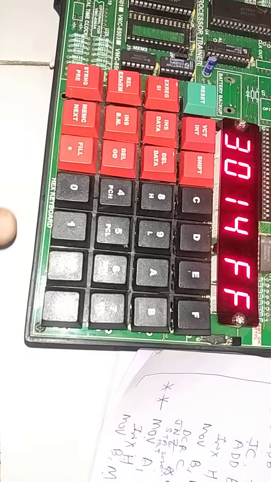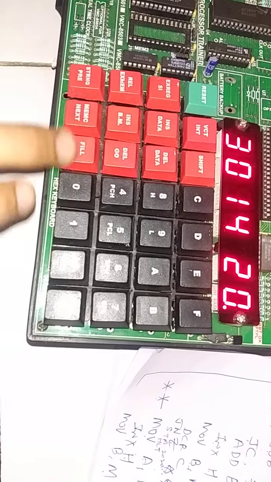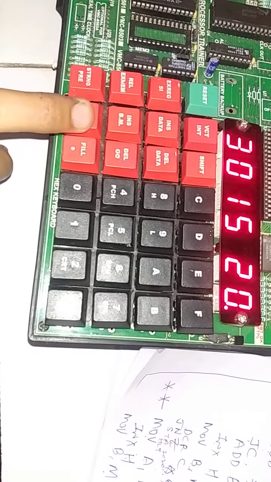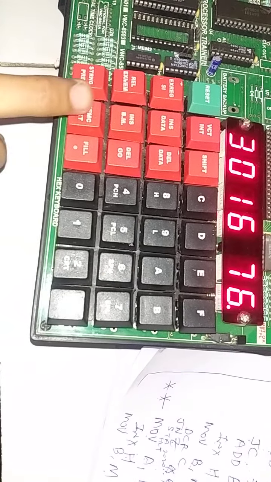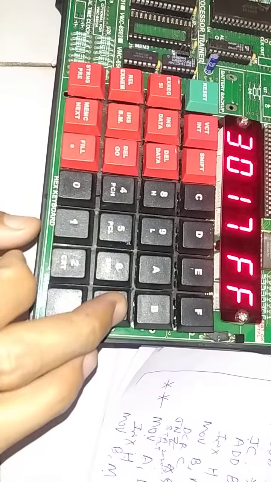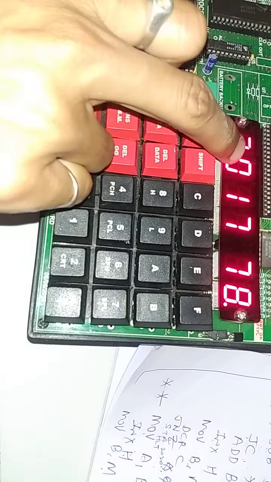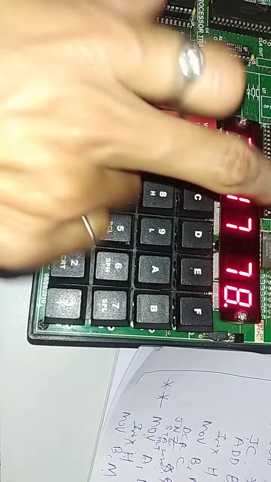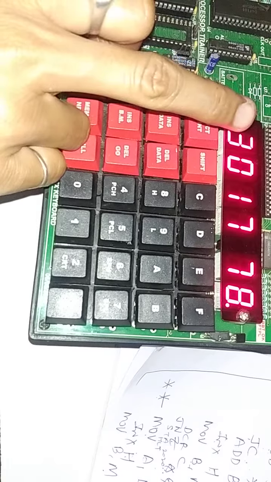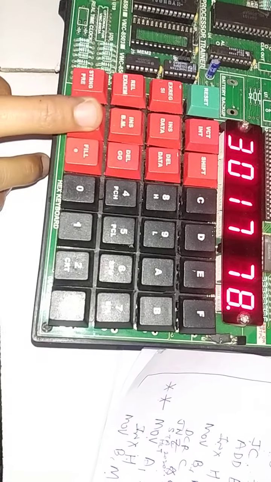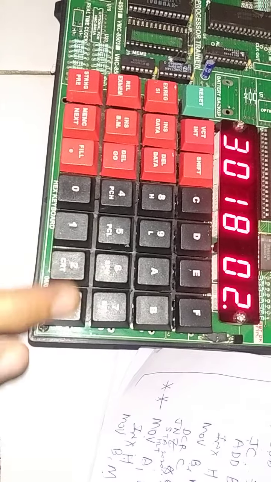2020 will be the result location. So I write 2020. Then HLT hex code is 76. Then again MOV A, B hex code is 78, and the location of this MOV A, B is 3017, which I already uploaded earlier instead of that star 3017. Then go to next, INX H is 23.